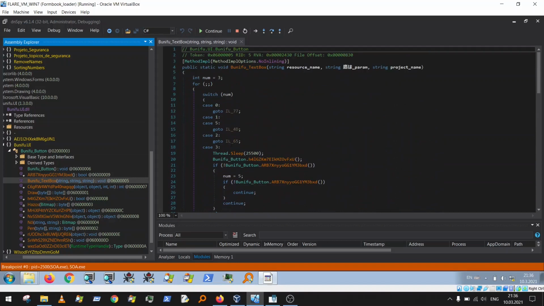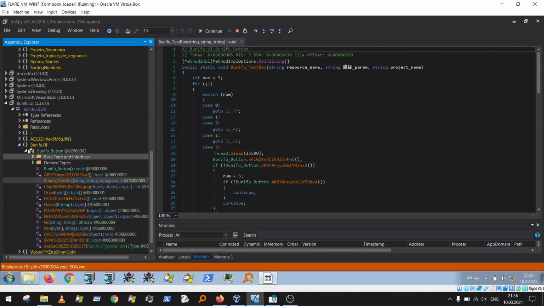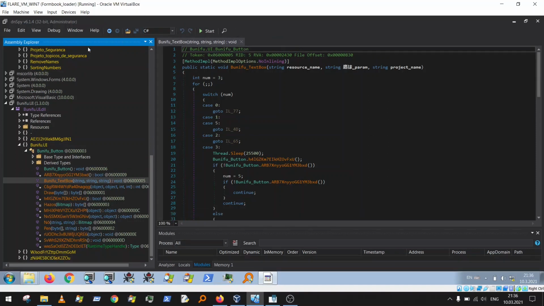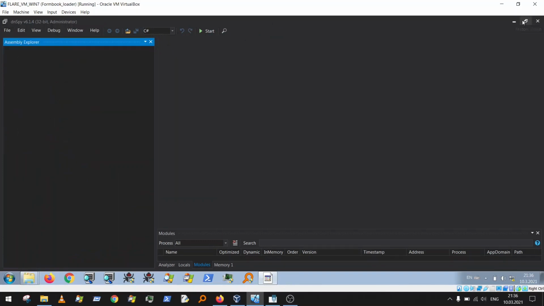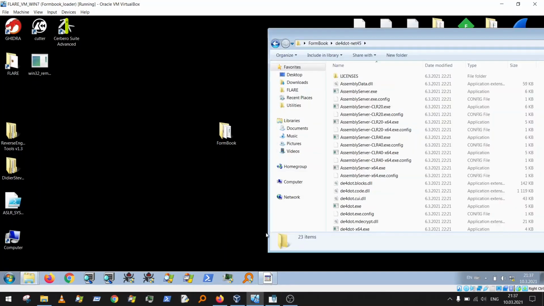So now I want to show you how we can manage to deobfuscate this second module and patch the original sample, the original loader, to load our deobfuscated module. So basically we replace the resource and patch some code in the original sample. So we can put a breakpoint in the already deobfuscated code. So let's stop debugging. We can do file and close all. And now we can jump back